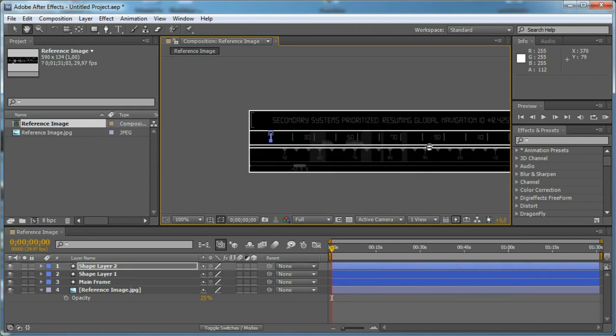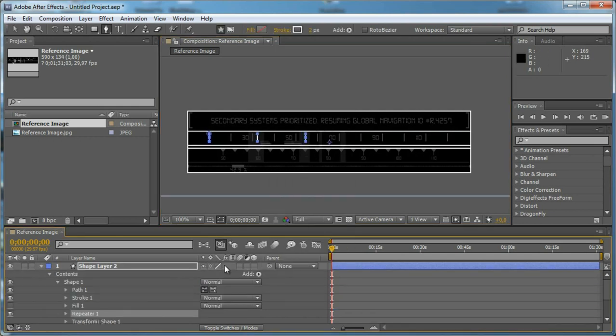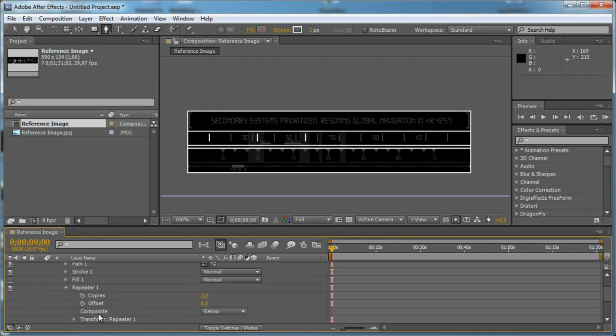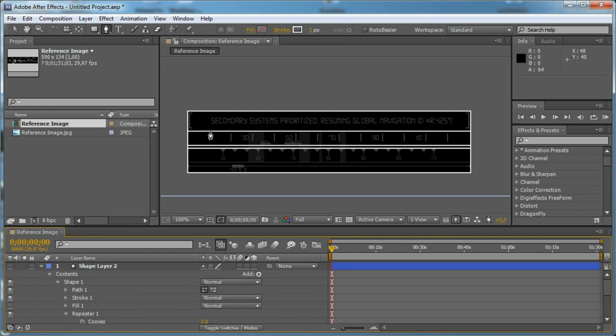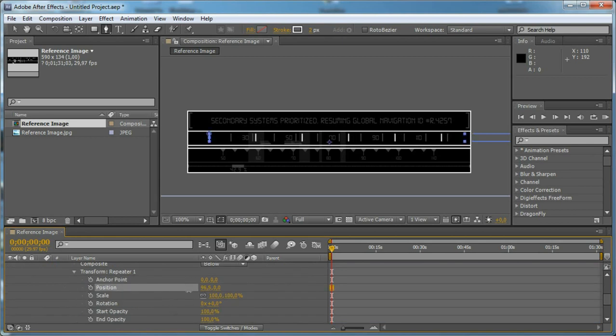And to duplicate the shape, we are going to use the repeater. So let's go to the repeater settings, and let's turn off the layer and see we need to create 3, 4, 5, 6, 7, 8, 9, 10, 11, 12 shapes. So let's set this to 12 and open the transform repeater and just play with the position until we position them on the right place. So we are ready. Let's set this to 45,